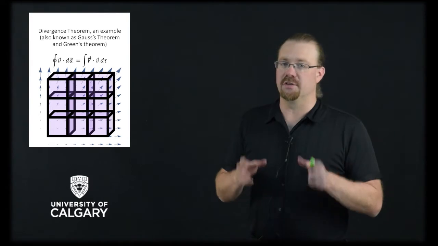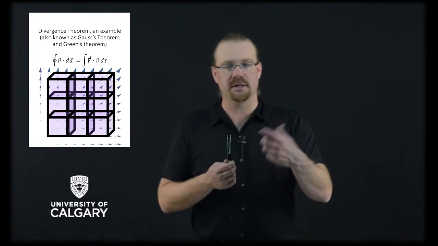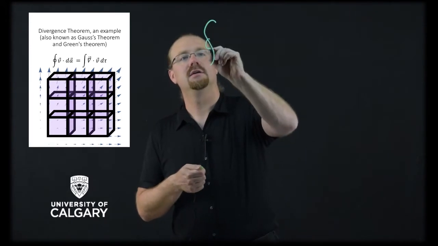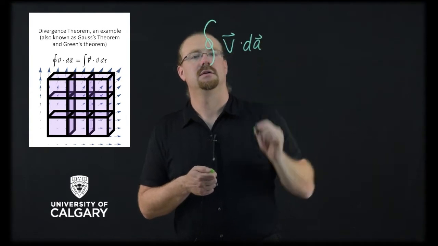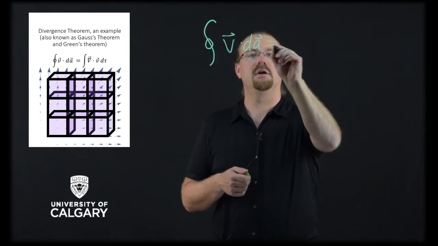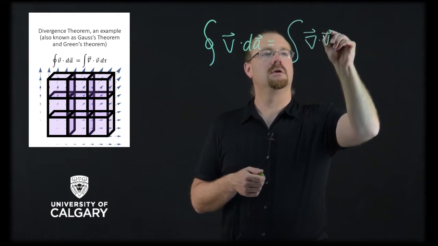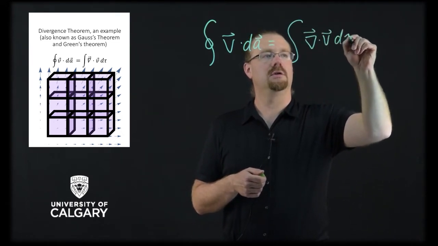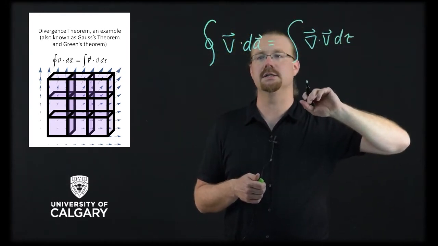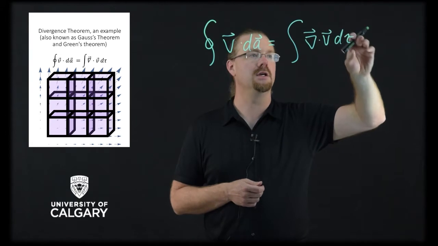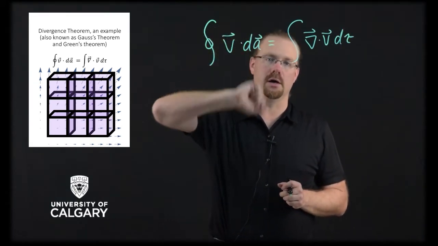The divergence theorem is the fundamental theorem of calculus applied to divergences. What it tells us is that there is an equivalence between the divergence of a well-defined vector field over some volume. So we take the integral of the divergence of v d tau, and that will be equal to that vector function on its